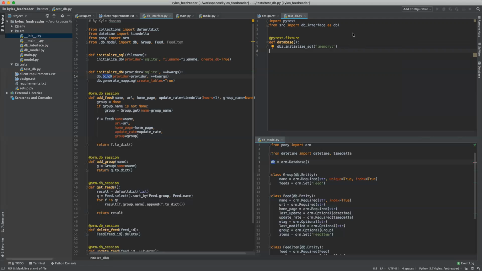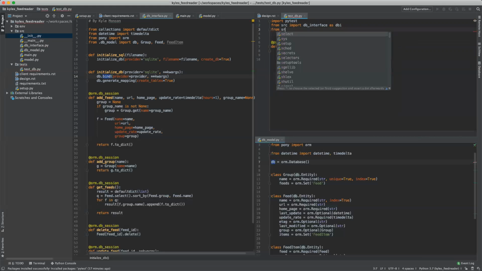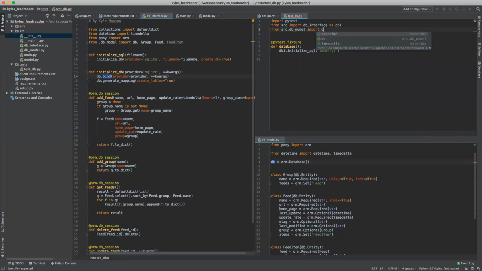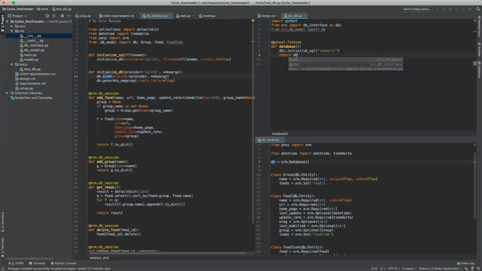So from source dot DB model import DB. That's our actual DB object. And then we'll just return that. So what this does is make sure that when this fixture gets executed, our